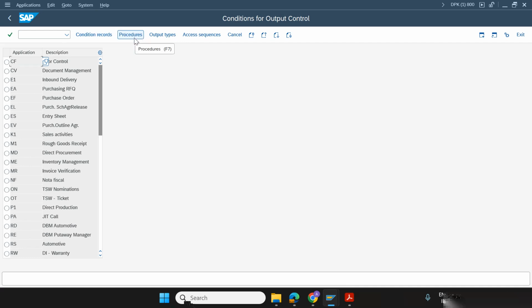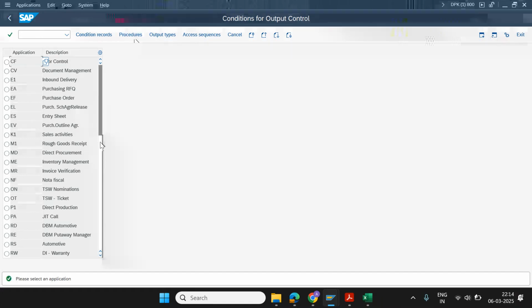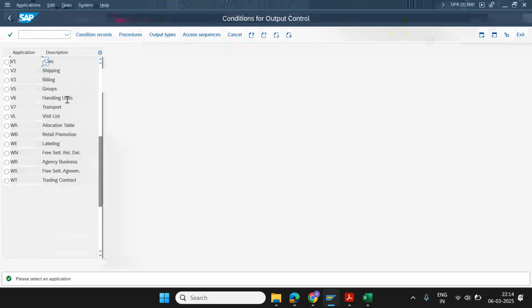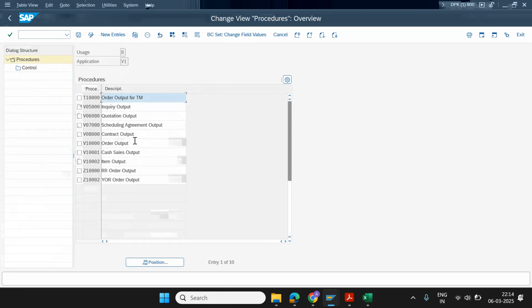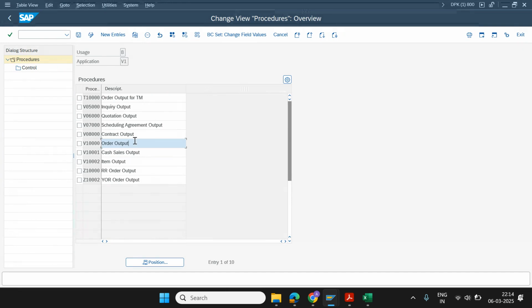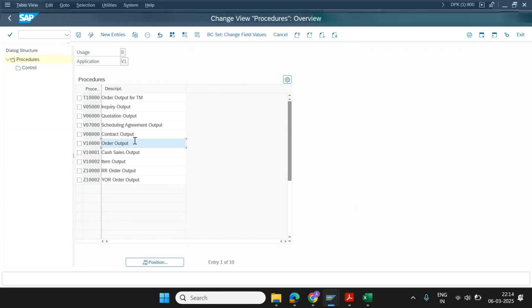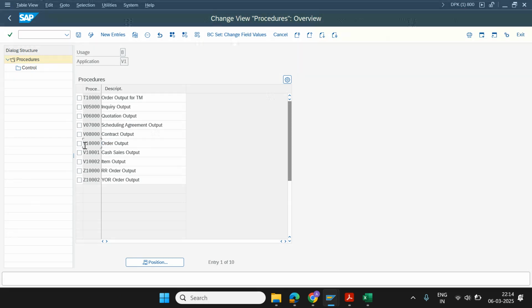All the things are the same only. Here also the same things will be there. First, in the sales order, we'll come here and we select the procedures. In procedure, for which output, when, like at the time of quotation creation or at the time of order output. So same thing. We'll come here and